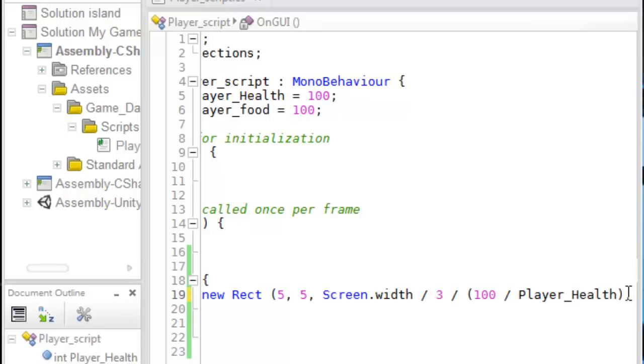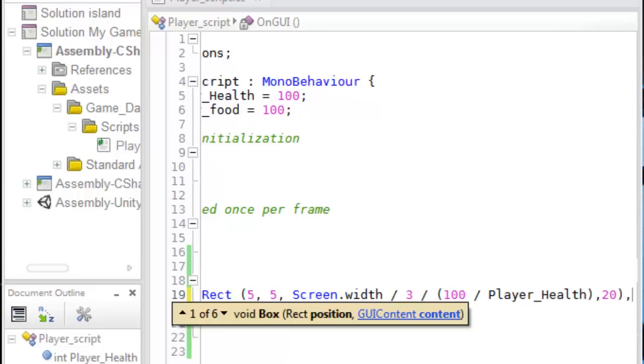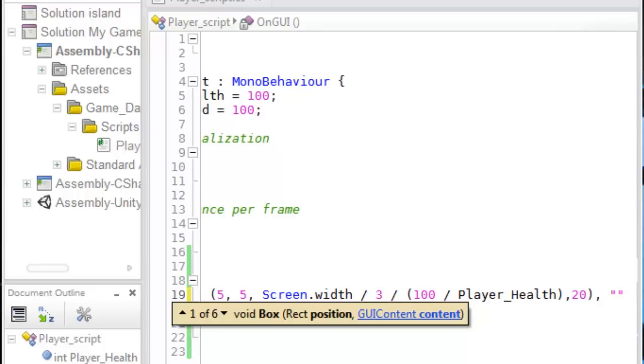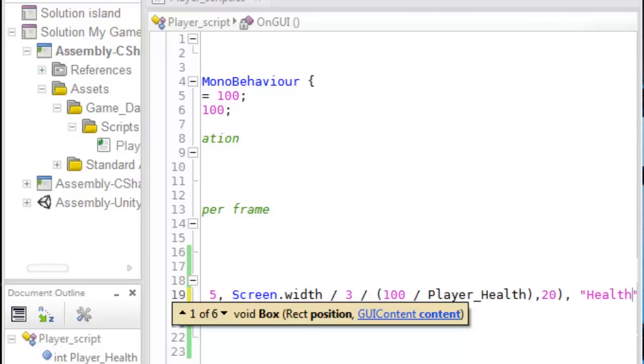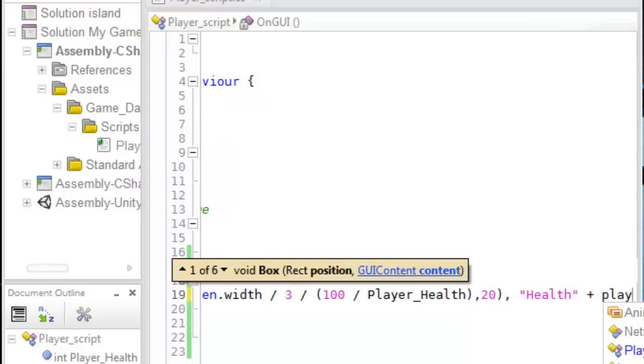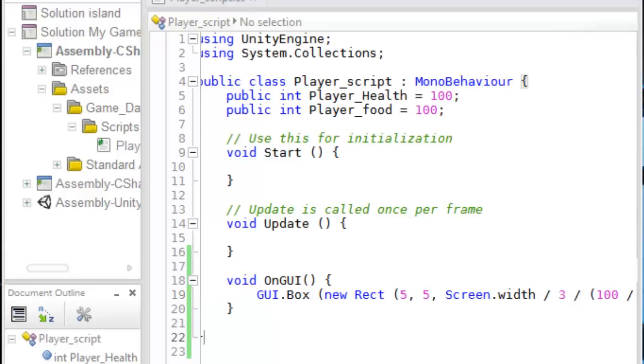And then we need to put 20 there. And then this is the part where it's going to display the health on the health bar. I was thinking making it say health colon then the health, but since our health bar will get so small we can't even read that. Actually, yeah, we'll do that. The health, and then plus the player health. Okay, let's save this,